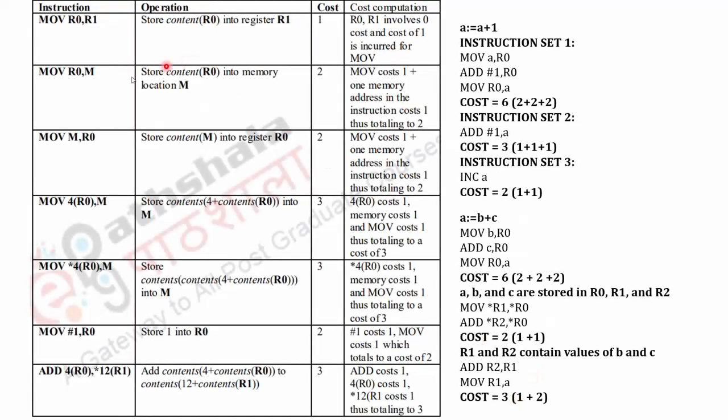Here is an example for this. So here, move of R0, R1. It stores the content of R0 into R1. So the cost will be 1. Here the register involves 0 cost, and the cost for the particular move will be